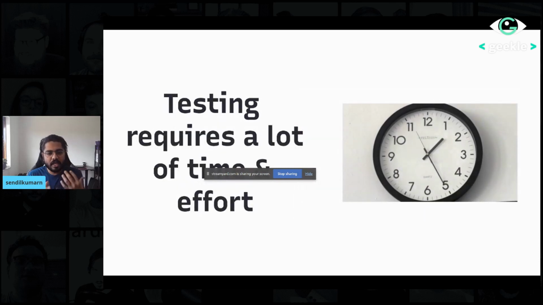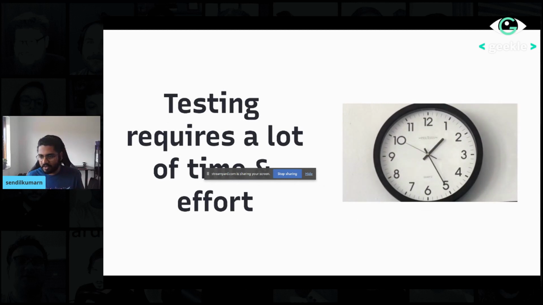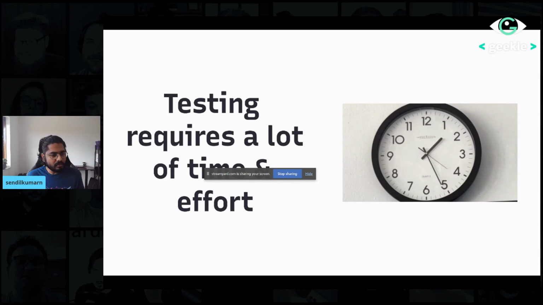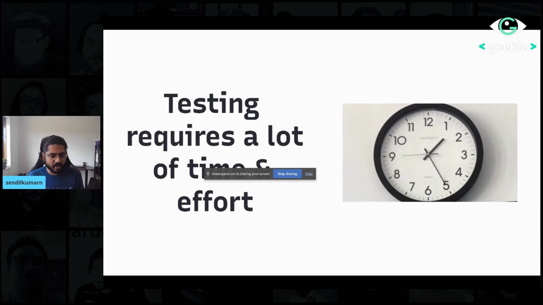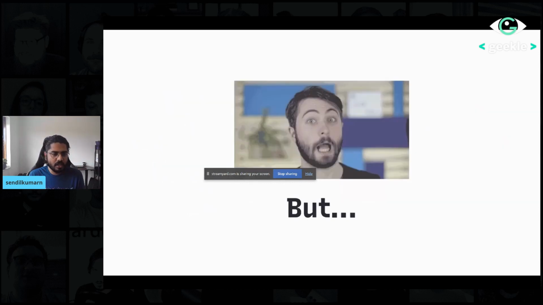But the other aspect of it is that it also takes a longer time to write tests. You can quickly stub out a feature and release it, but the time and effort it takes to write tests is longer. And it's also additional work that you're doing for your application to work. But